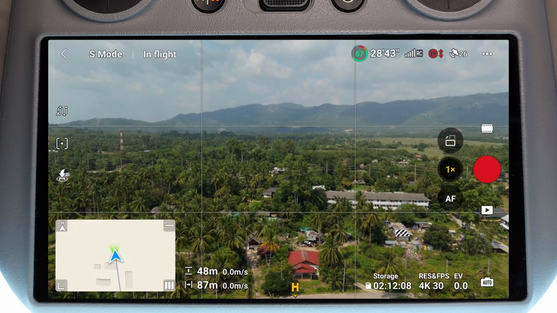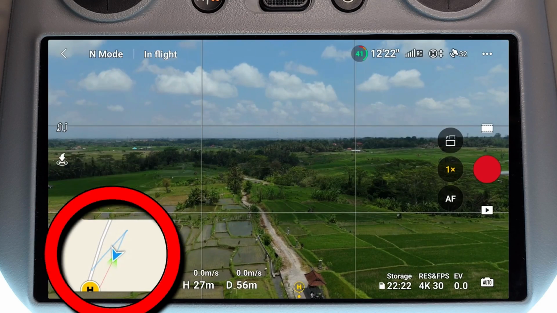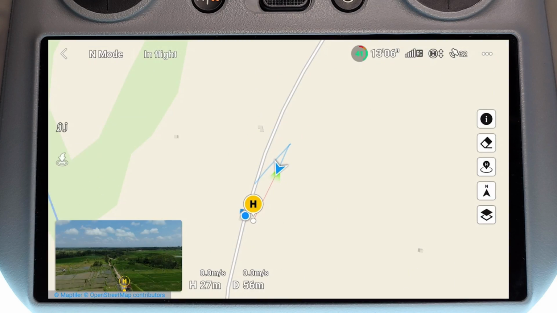Those are basically a really quick, easy way of knowing where you are, height and distance wise, relative to where you took off. Moving further to the left of that, we have the map. If you click on the map, you can make it bigger, and this is going to show you the actual flight path the drone has taken, and you can change a load of different map settings here on the right. If you want to show a satellite view, the bottom right here, you just press on that, click onto satellite,